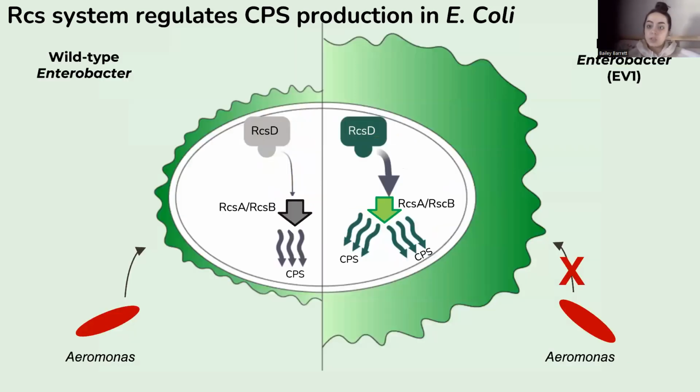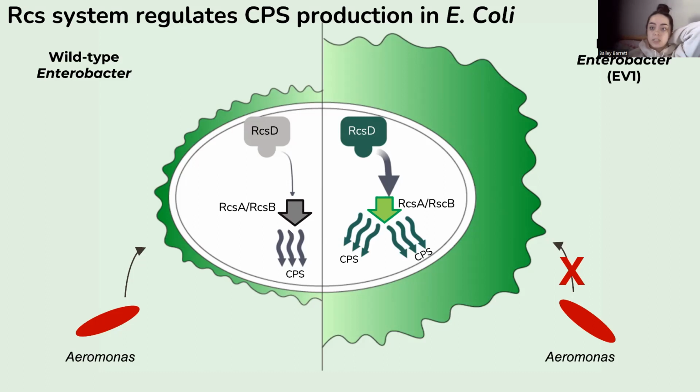This was the first model that I had come up with this summer. I had believed that potentially the extra cap, the extra sugar, was making a shield around Enterobacter so that Aeromonas couldn't get close enough to whatever it was actually binding to participate in co-aggregation. Since then, and since doing more reading and getting more familiar with what cap is and the RCS system in general,